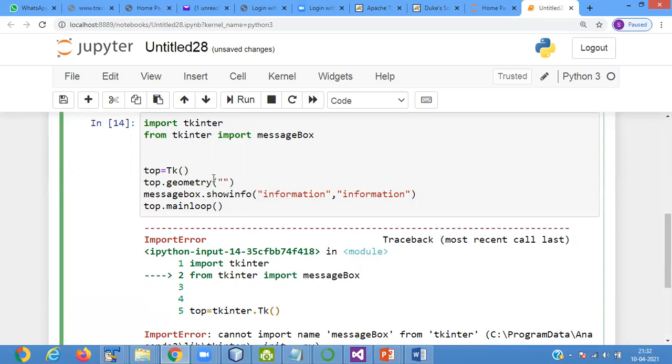So here I pass the height and width. Message box show info. Top dot main loop.